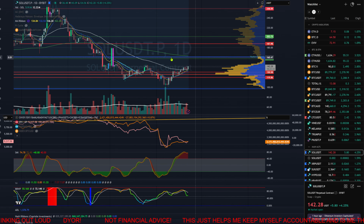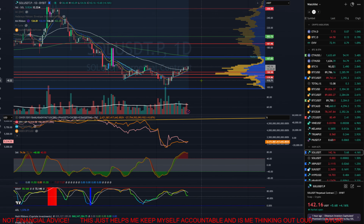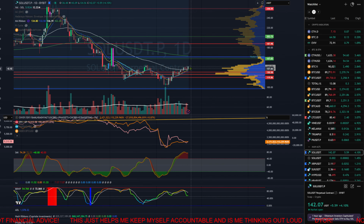What I'm looking at for Sol is this vector candle recovery here. And you've also got the 200 EMA on the daily coming in at 163. So I've actually got to take profit on the Sol trades at 159 just to make sure. But it's been so choppy. I've been trying to take longs, and I've moved stop losses into profit and basically made a few dollars here and there because it's just chopped around so much on the shorter time frames,